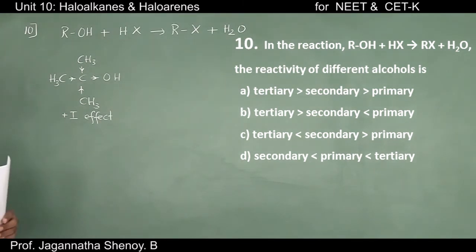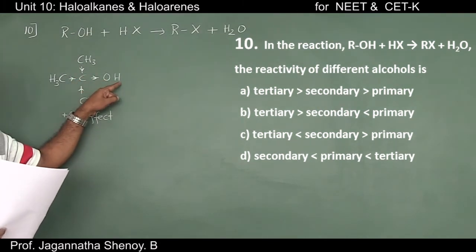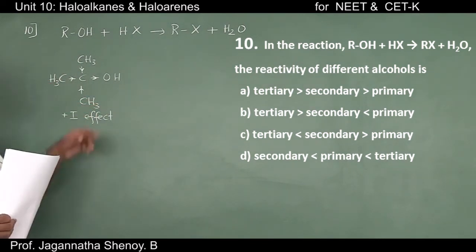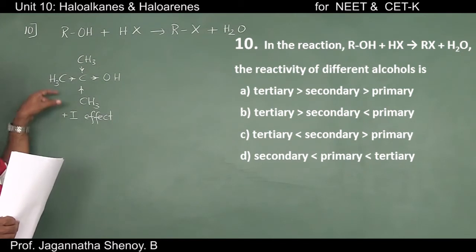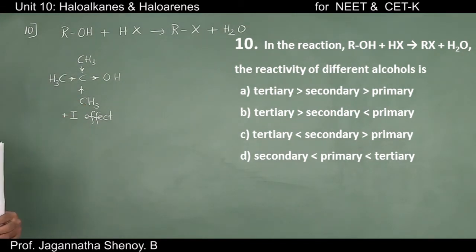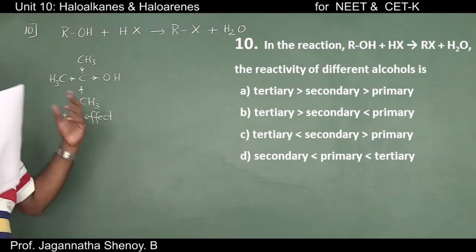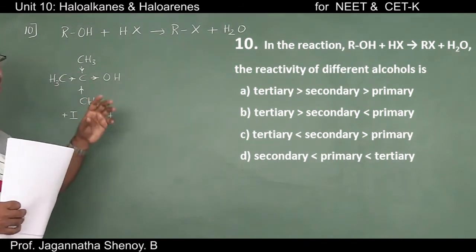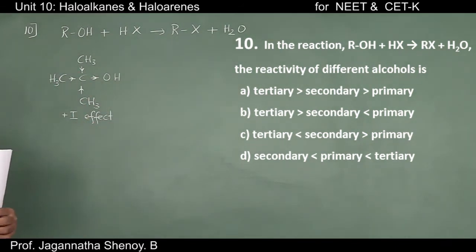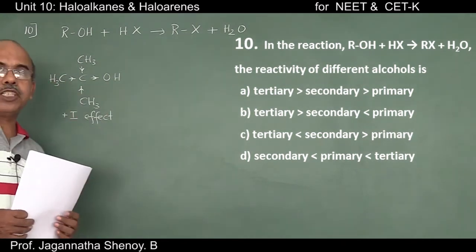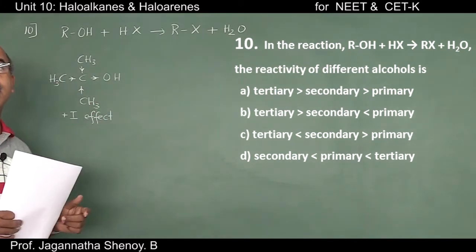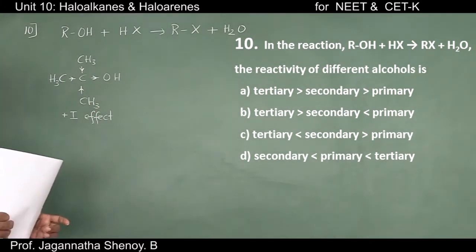Also, if I consider the steric factor, the carbon atom carrying the OH group is sterically surrounded by 3 methyl groups. Now, whenever there are 3 methyl groups, it causes steric crowding. So, the system tries to reduce steric crowding. In what way is it possible? It has to push out one particular group from the molecule. So which group can it push out easily? It is the OH group. So what happens to steric crowding? Steric crowding will be reduced.